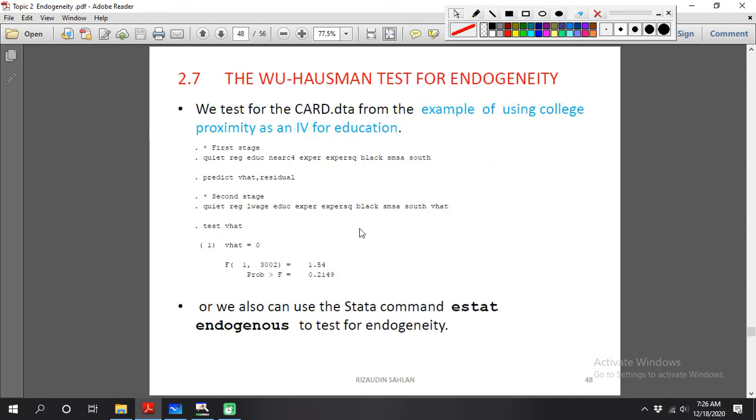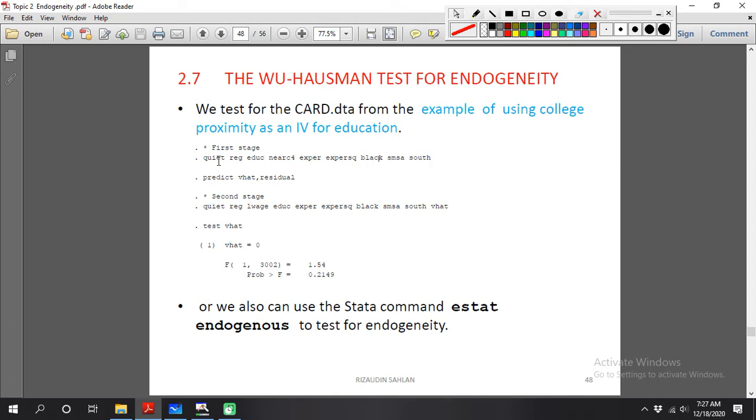So this is how we do it manually. The first stage is to regress the reduced form model using the card data. Regress the model on education, which is the endogenous variable, and then on the instrument variables and all the exogenous variables from the original model.